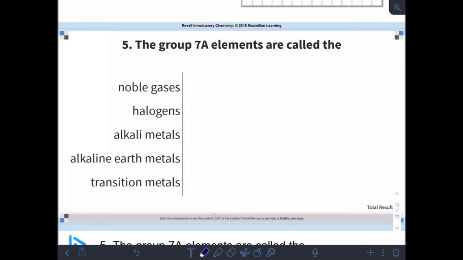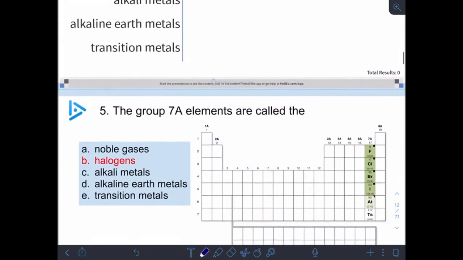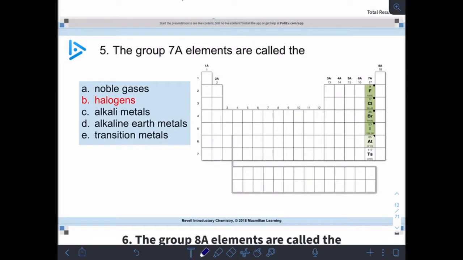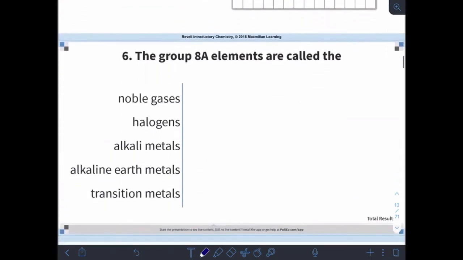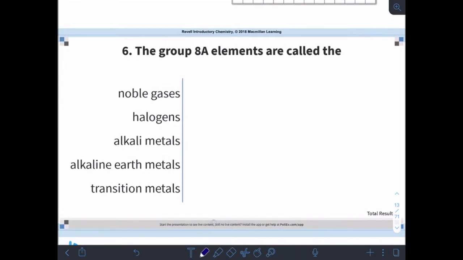All right, continuing on where we left off. So question 5, the group 7A elements are called the, let's take a look at the periodic table, and those are the halogens. Remember, group 1A is the alkali metals, 2A is the alkaline earth metals, 7A is the halogens, and the next question is, the group 8A elements are called the,